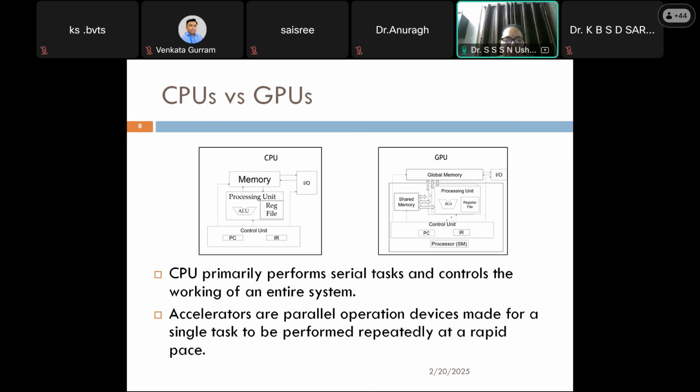So suppose there is no parallel operation in your application or in your program, then there is no chance of applying this kind of HPC or assigning the task to the GPU. Unnecessarily, we cannot assign any task to the GPU. If something can be parallelized, then only we need to opt for the GPU.